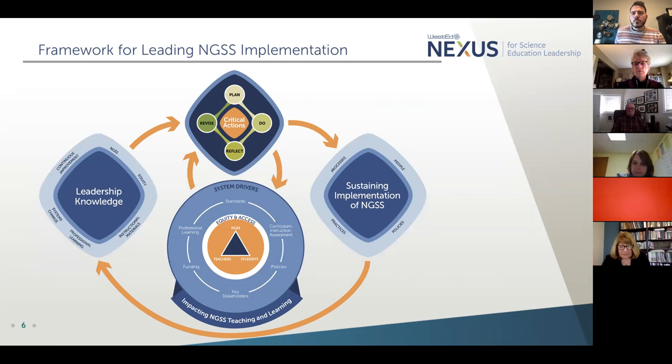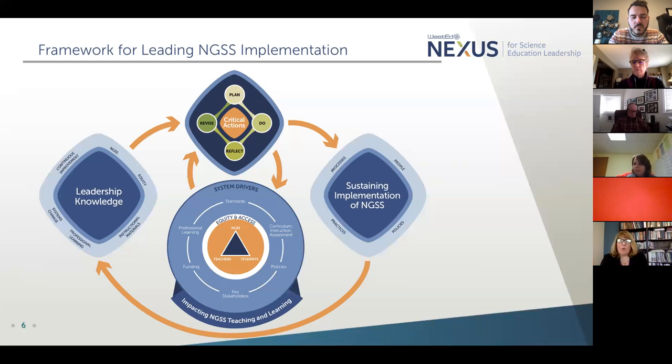But nonetheless, we unpacked a lot of that research and identified those lessons learned that related to providing skills and knowledge for leading major reform. And then to get a little more in depth, we conducted over 24 interviews with practitioners leading national science standards